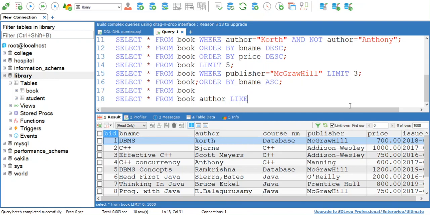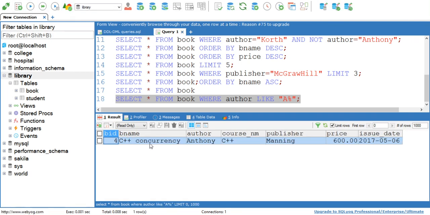Now don't use equal to operator, use like operator. Select star from book where author like 'A%'. See, at the output you can see data for that book only where author is Anthony, that is A%.